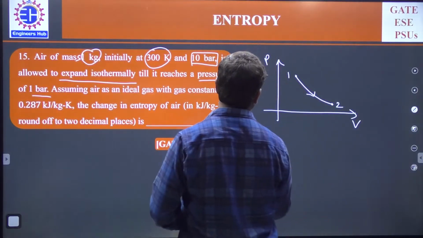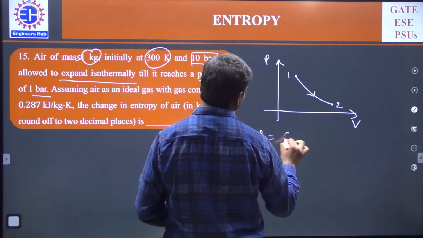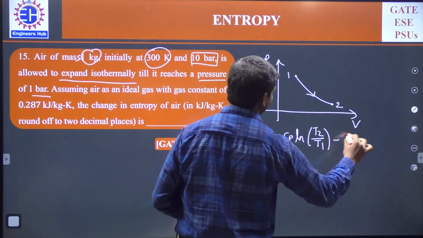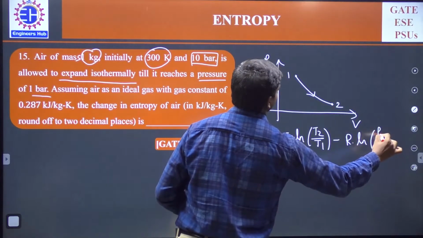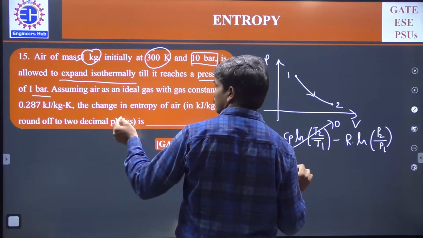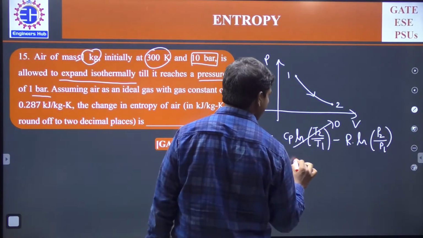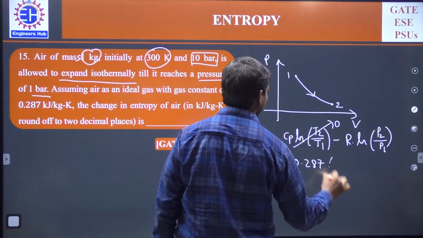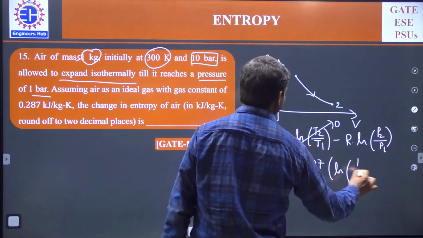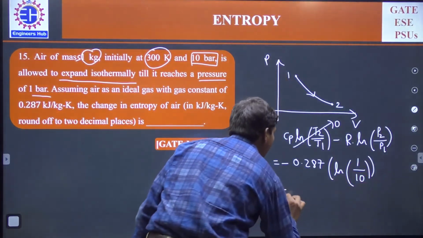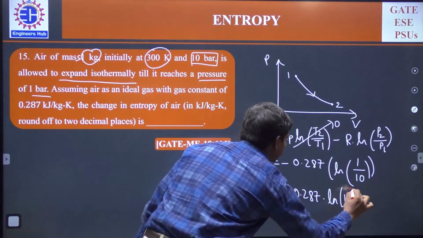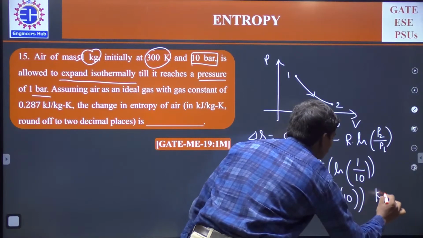So if you talk about delta S, again we have Cp ln T2 by T1 minus R ln V2 by V1. I mean R ln P2 by P1. So if this is an isothermal process, this value is 0. So minus, they're asking in kilojoules, so let us put 0.287 into ln P2 by P1. So finally, the pressure is 1 bar and the initial pressure is 10 bar. So 1 by 10. So this is equal to 0.287 into ln 10, this whole multiplication in kilojoule per